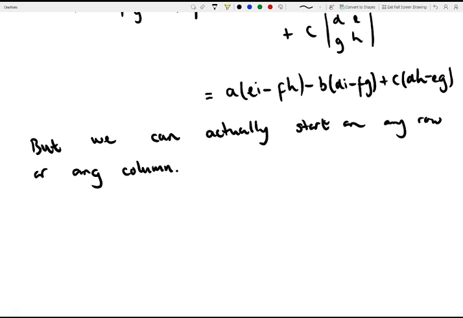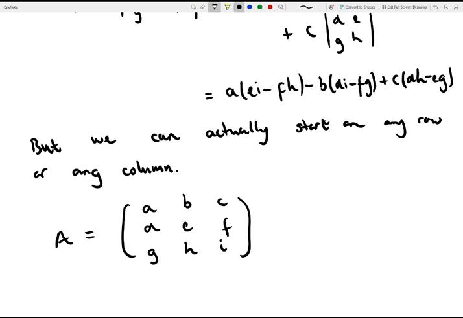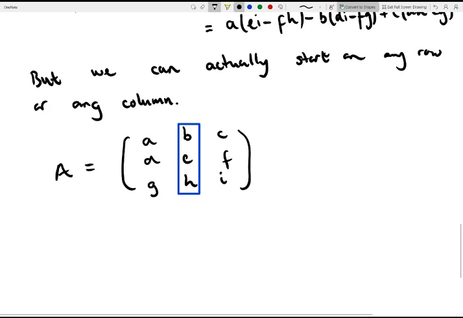So let's have a look at a determinant starting with the second column. If A again was the matrix A, B, C, D, E, F, G, H, and I, and like I said, this time we're going to work with the second column, then the determinant of A equals, and let's remind ourselves of our plus minus matrix,